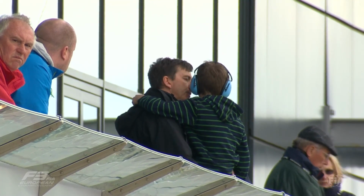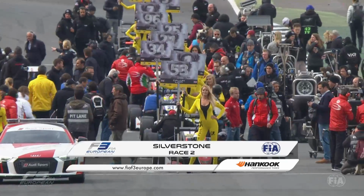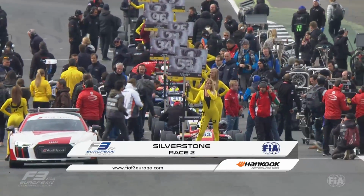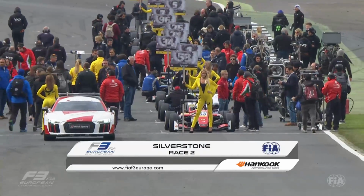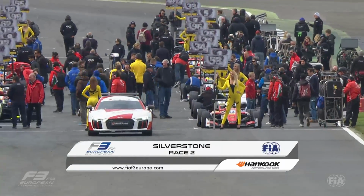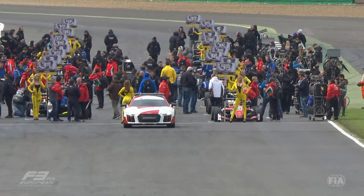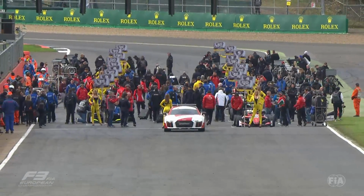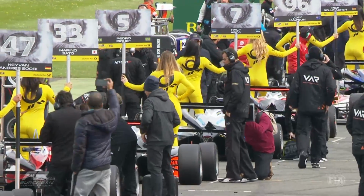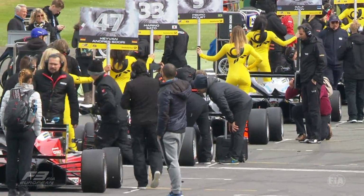There had been 1 or 2 spots of rain just about 20 minutes before they came onto the grid, and then lo and behold, we had some light rain, but when you're travelling at 190 kilometres an hour average speed around this circuit and you've got slick tyres on, it doesn't take much to make it treacherous in terms of the conditions. So we started behind the safety car yesterday for a couple of laps, then we got going, and then we had all sorts of dramas, several cars running wide, there was some contact,